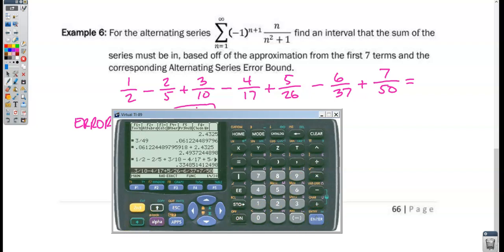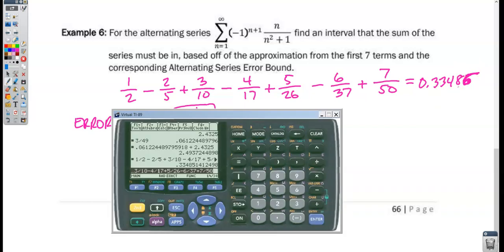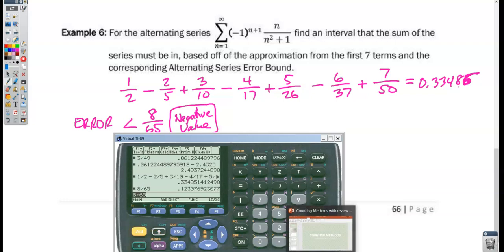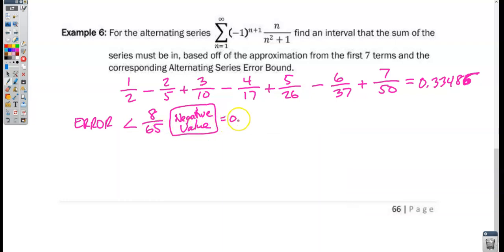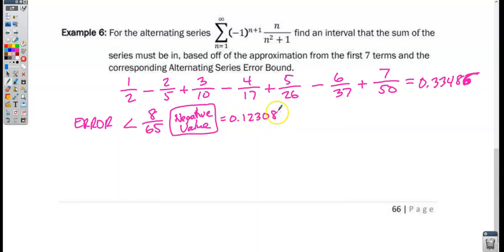which gives us 0.33485 for our approximation, which we might just bump up to 0.33486 when we write the interval. And then the error is 8 over 65, or 0.12308. Okay, so as far as my interval goes, since this is a negative term,